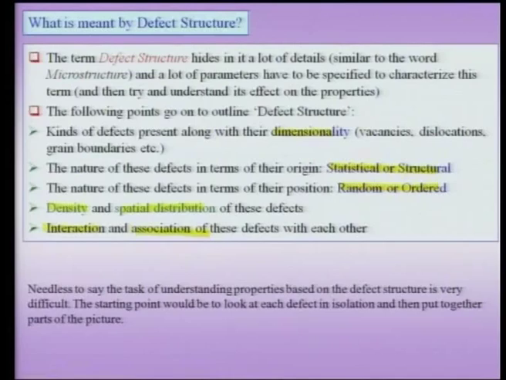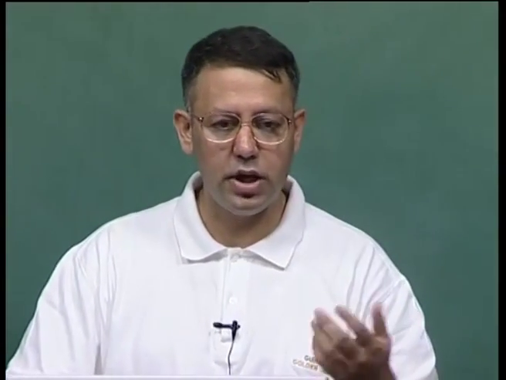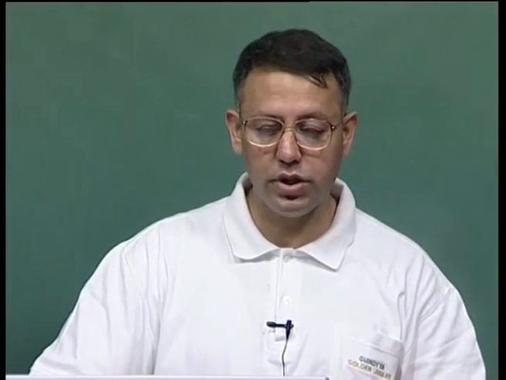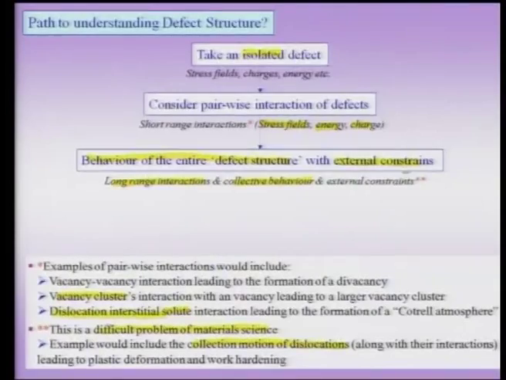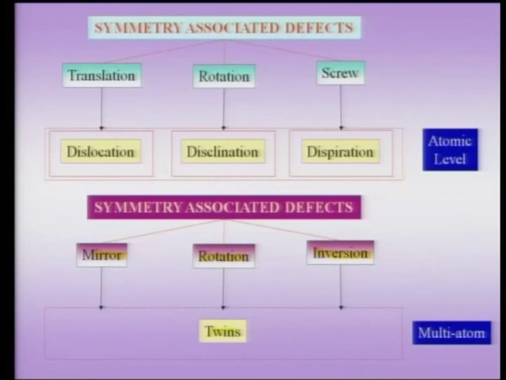And when I have answers to all these questions, and I also consider the collective behavior of dislocations, especially the collective behavior of defects under the influence of external constraints like magnetic fields and stresses, then I have a handle on the properties of the material. Therefore, I not only have to consider defects in isolation, but I also need to consider the defect structure of the material. Then we went on to classify defects based on dimensionality, based on their association with symmetry,